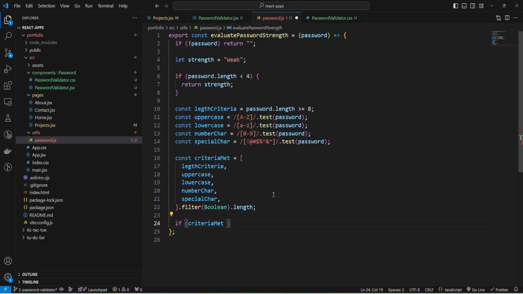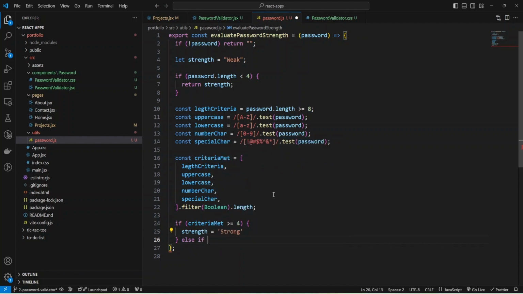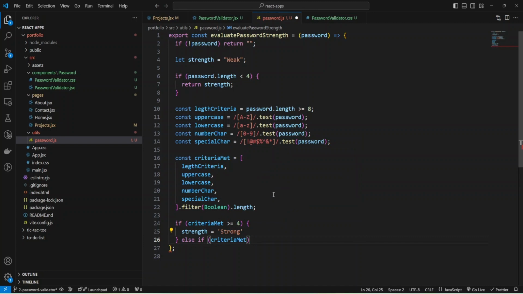Criteria met greater than 4, then strength will be strong, and else if criteria met greater or equal than 2, then strength will be medium.